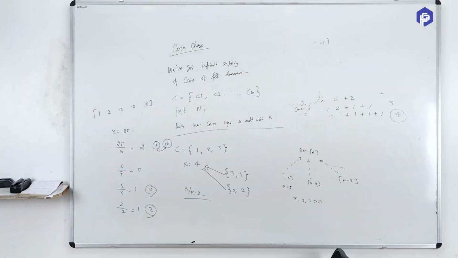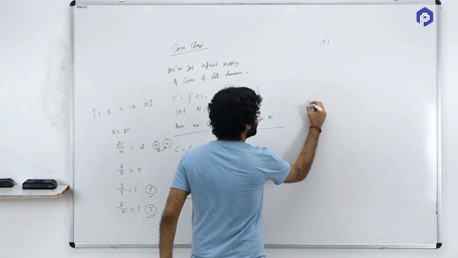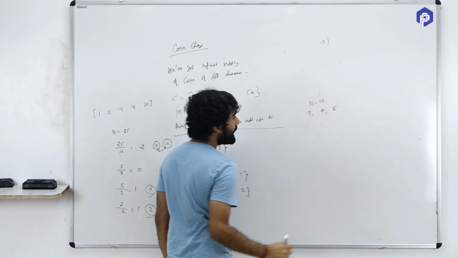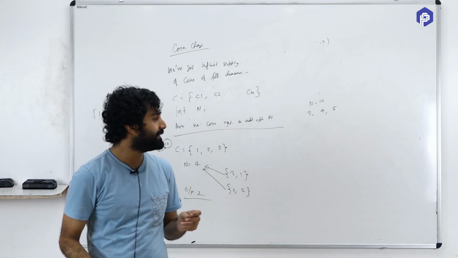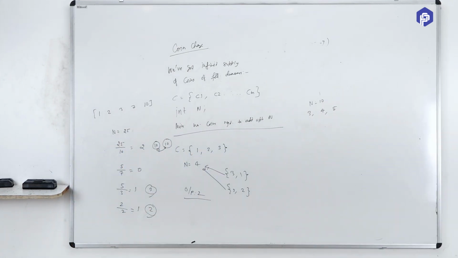Let us do one thing. Let me ask you for a test case. Can you think of a test case randomly, quickly, where you feel that this greedy approach will fail? Everyone, get onto your pen and paper and think of a test case. So Prashant is saying that he wants to make 10 rupees and the denominations are 3, 4 and 5. Guys, will the greedy approach fail here? I do not think it will fail. It will not fail, because you can take 2 instances of the 5 rupee coin.